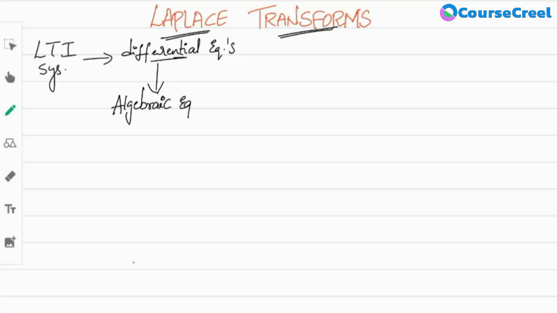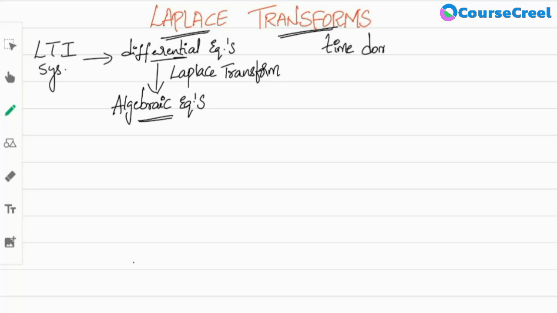Laplace transform is the tool which we are using to convert the differential equations to algebraic equations. That means Laplace transform is used to solve the differential equations by converting them to algebraic equations, which is nothing but Laplace transform converting